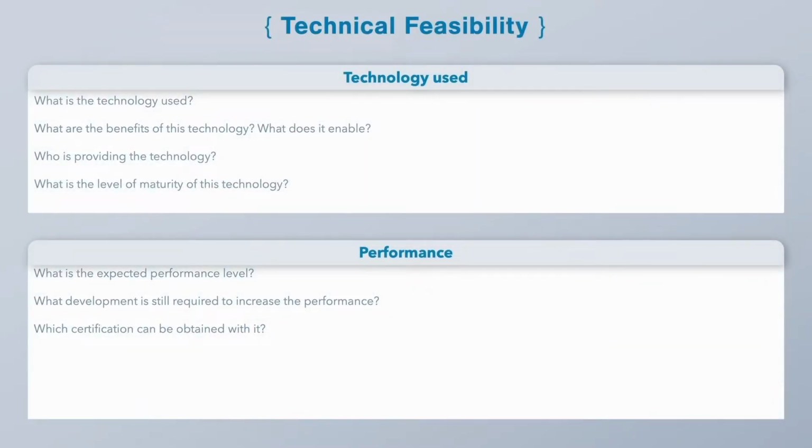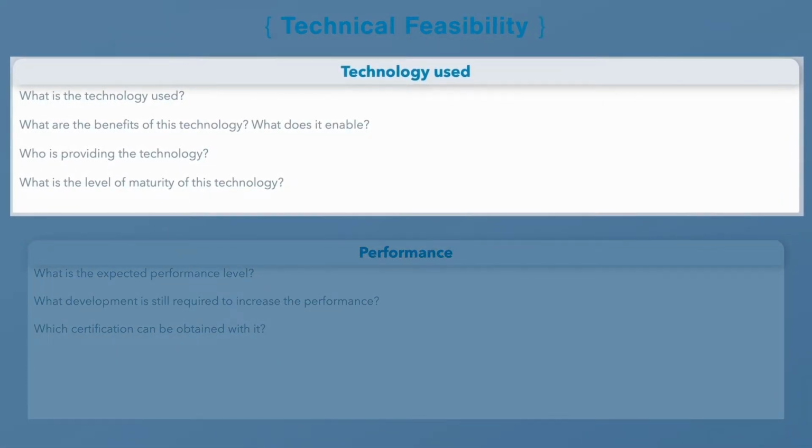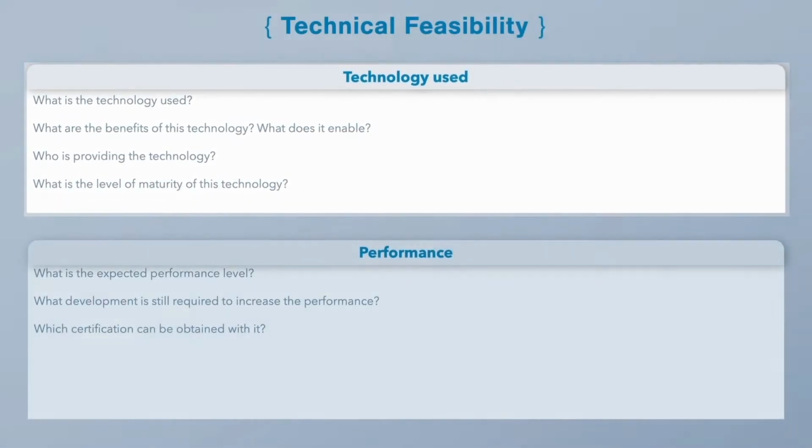The technical feasibility aims to demonstrate that the technology works and is ready to be implemented in an upcoming offering. In the first box, the club member will explain the kinds of technology used, its benefits, and what it enables in terms of functionality. The tool explains who will provide the technology and the maturity level, such as by using